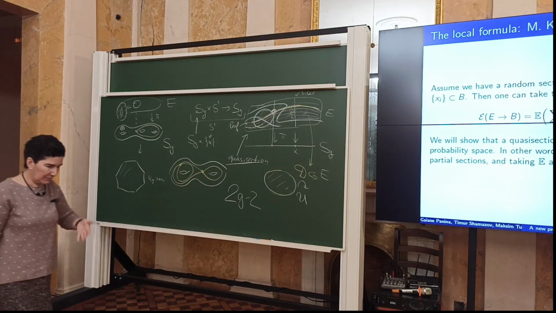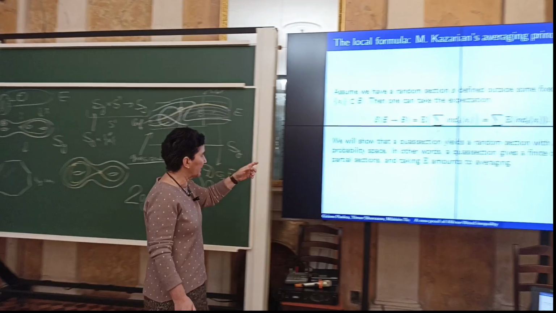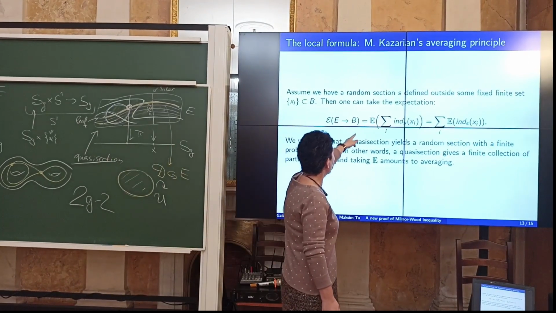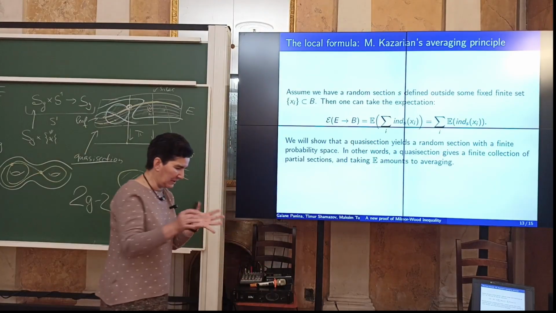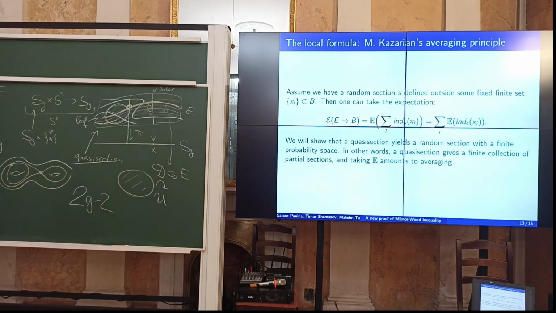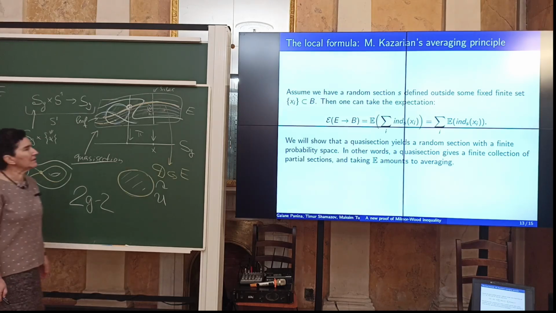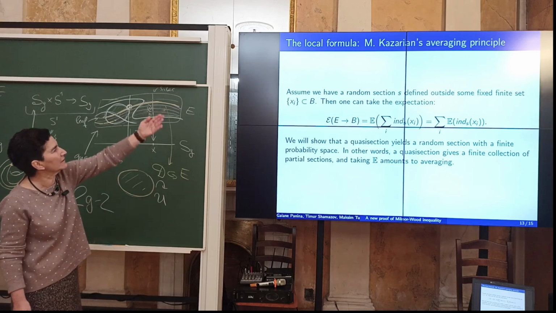And of course, if we take the expectation of the Euler number, the Euler number is one and the same. If we take different partial sections, the Euler number is always one and the same. So we can average, and this averaging technique